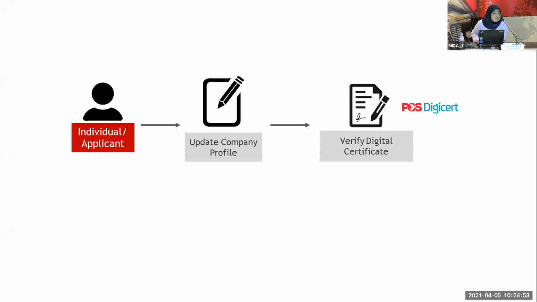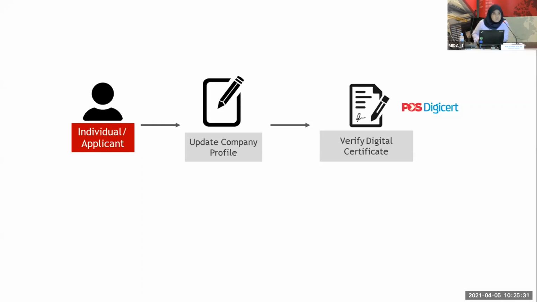We did not migrate the list of authorized persons from JPC Online. That means you have to add the authorized person. If you have a valid and active digital certificate that you've been using previously in JPC Online, you don't have to register a new DigiCert for that. As long as you're using the same authorized person, meaning the same IC number and the same company ROC number, you don't have to register a new digital certificate. You can use the existing digital certificate.